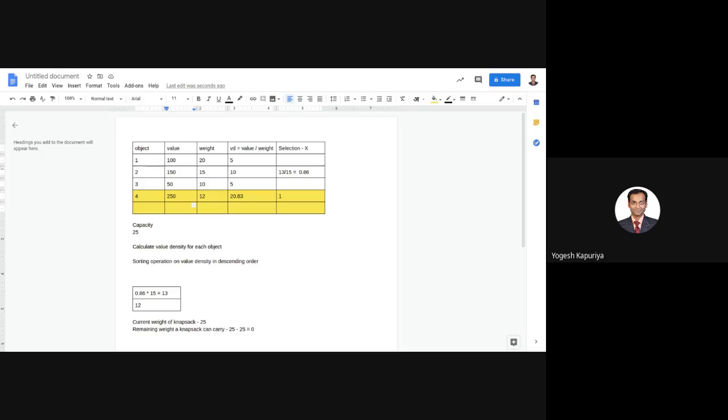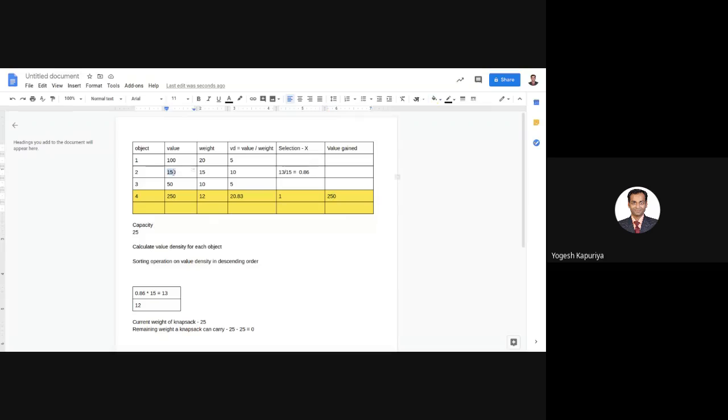Let us insert one more column, actual value gained. This object we have selected entirely, so we will get the total value of that object. So 250 multiplied by 1, that is 250.